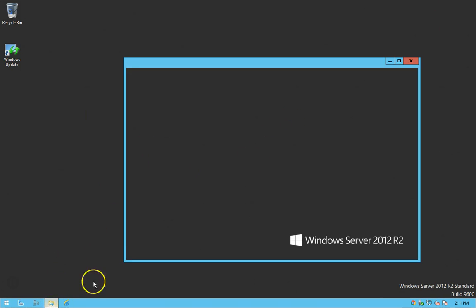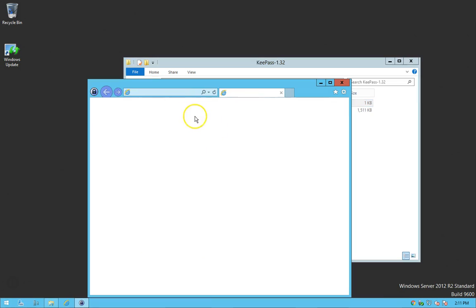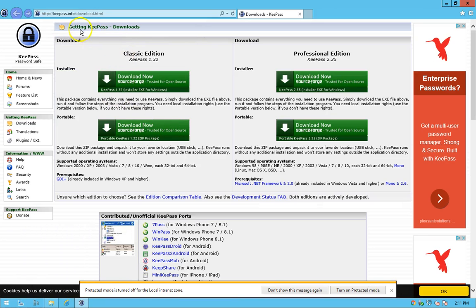Well, I am going to show you this program called KeyPass. KeyPass is a place to record all of your passwords. But I use it for a little bit more than that. But let me go ahead and open the site and show you where to download it. So it's simply keypass.info/download, and you can come to this web page, and I usually use this portable classic version and download